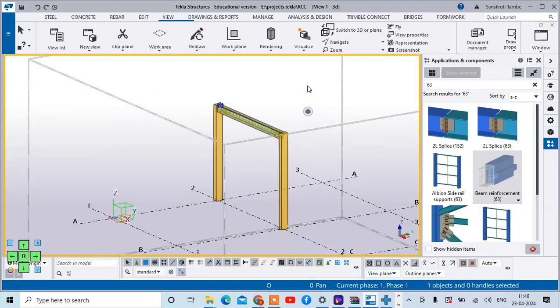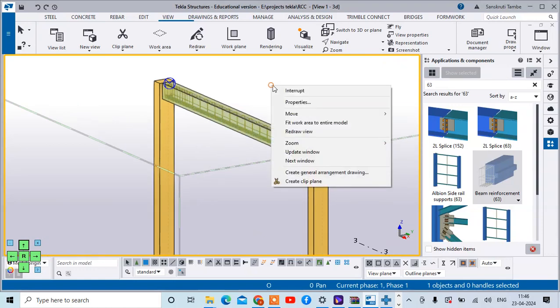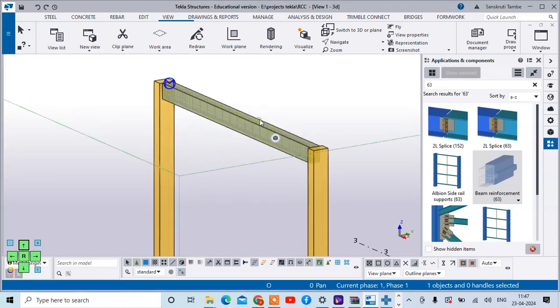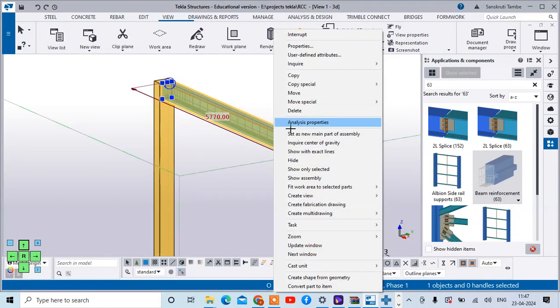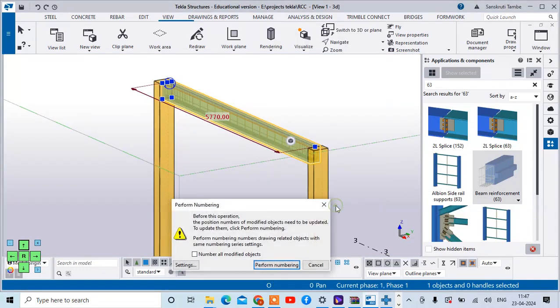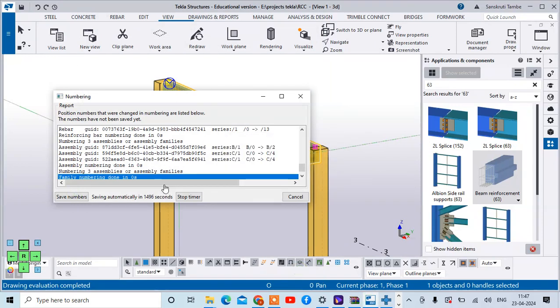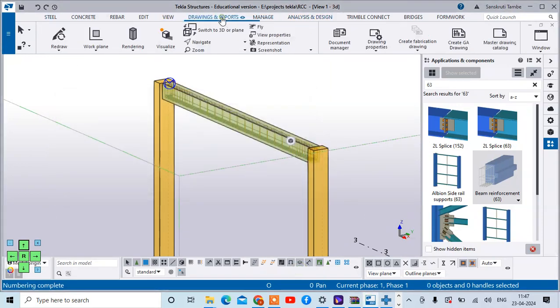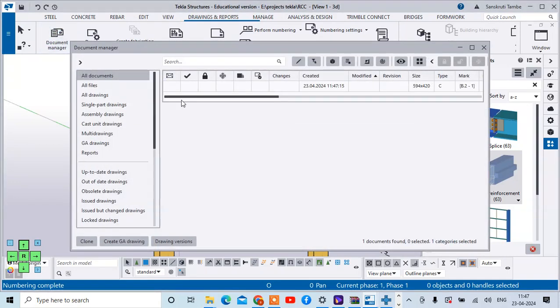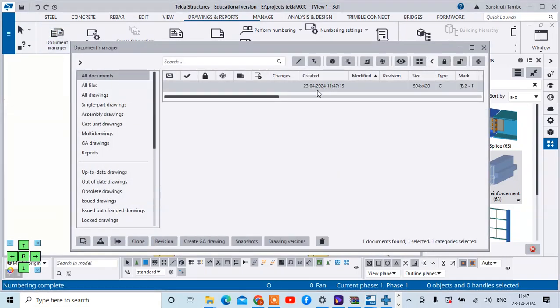Okay, now again to create the drawing for this, you can just click over here, select this beam, then right click and create the fabrication drawing. So it is asking for numbering. Okay, so one drawing is created, create, save the numbers, go to the drawing and report, and then document manager. You can see the drawing of the beam is created. So double clicking on this drawing,